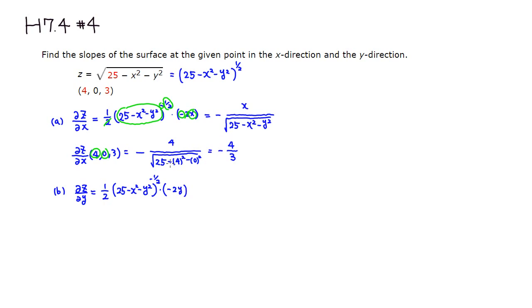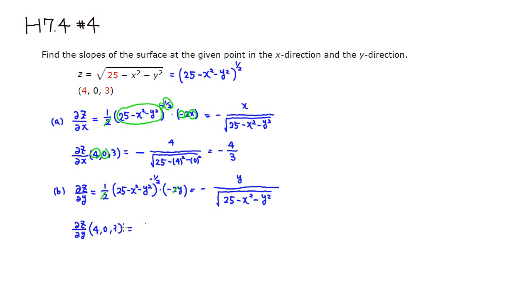Which can be rewritten as negative, just like before. It's kind of symmetric work here. So you have y on top, then you have a square root of 25 minus x squared minus y squared. All right, so if you evaluate this partial derivative with respect to y at the point (4, 0, 3)